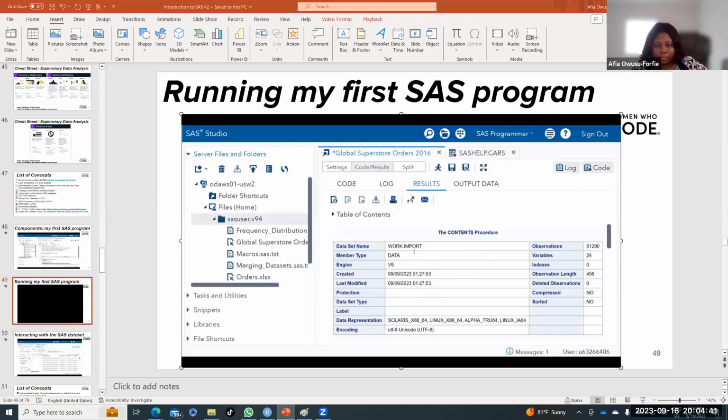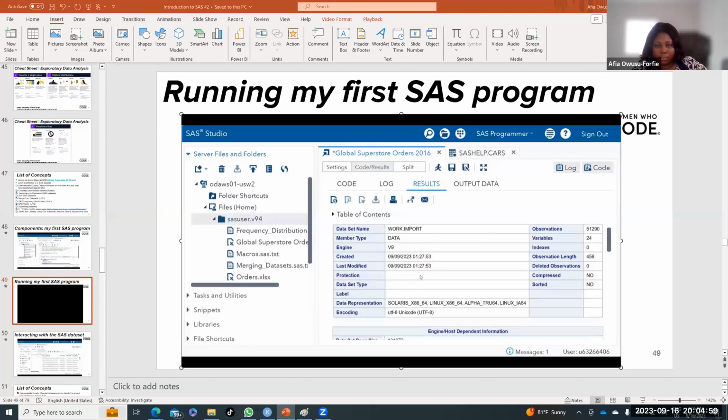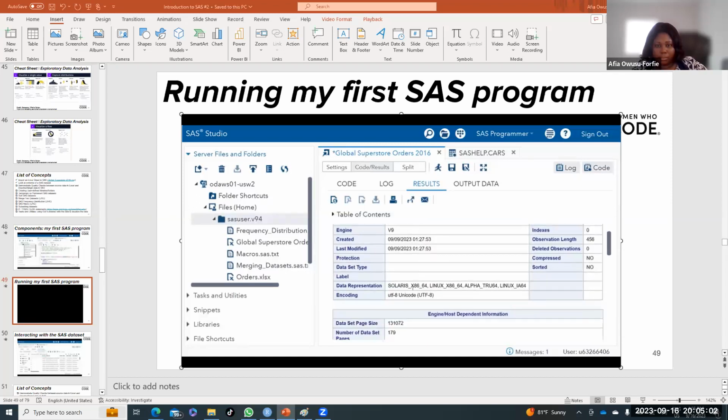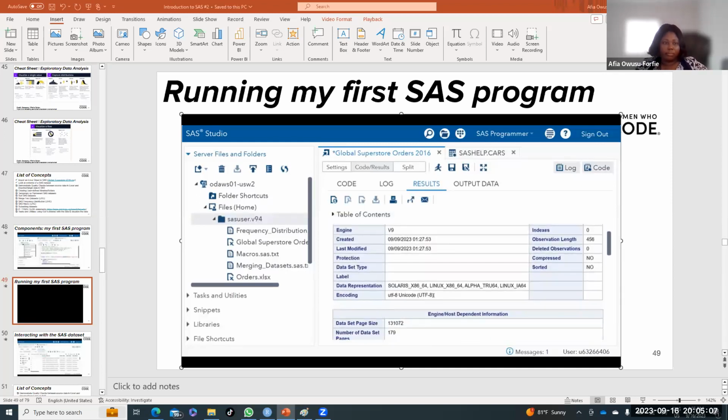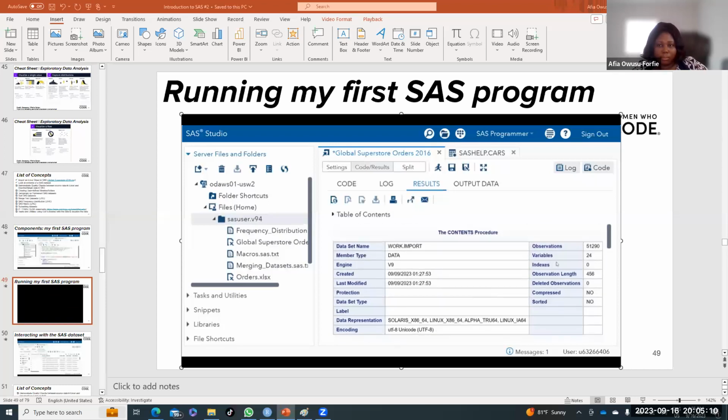We know the data set name, the member type being, I believe, the data step, the engine version 9 that is using, the date it was created, on September 9th at 1:27 a.m. More information that the average user need not know, but SAS really gives you the number of observations, which is interchangeable with the number of rows, which is